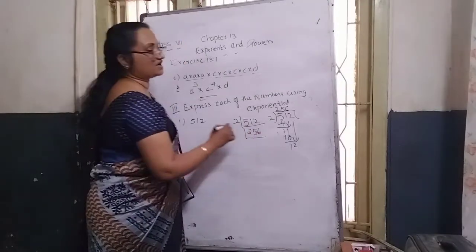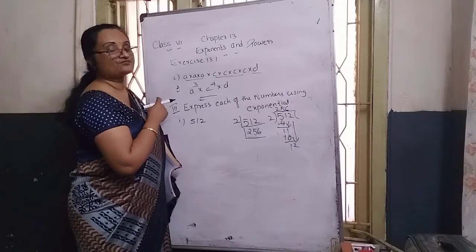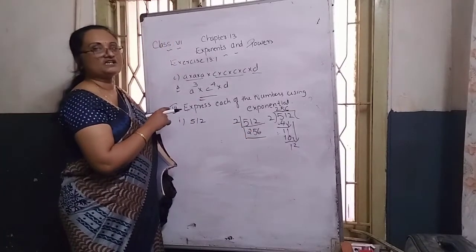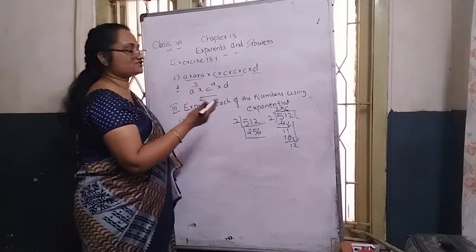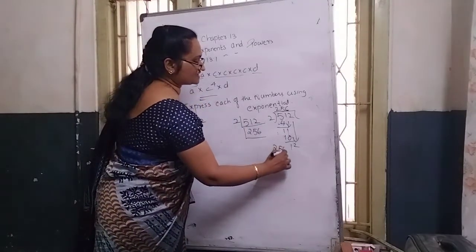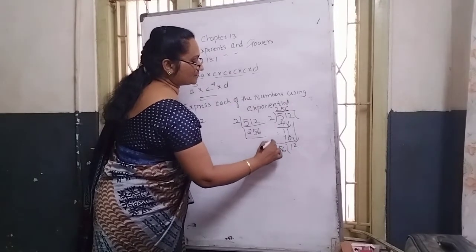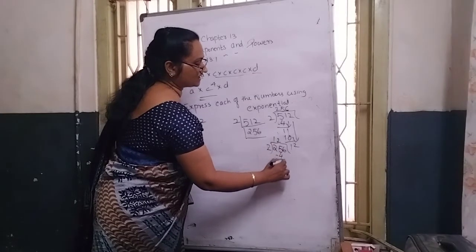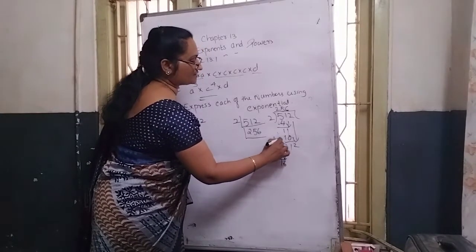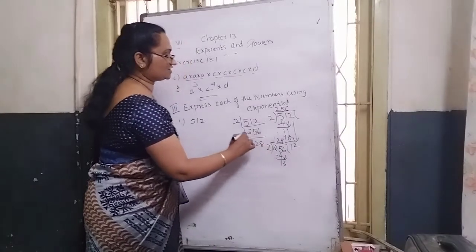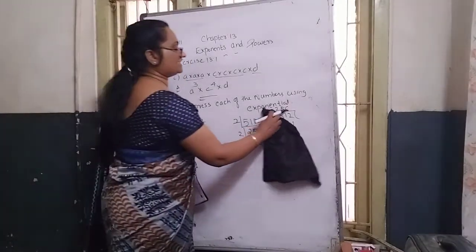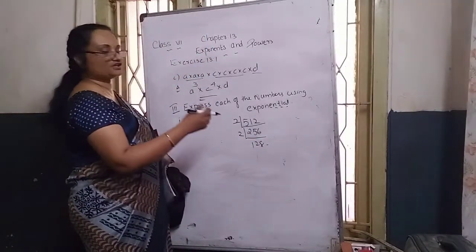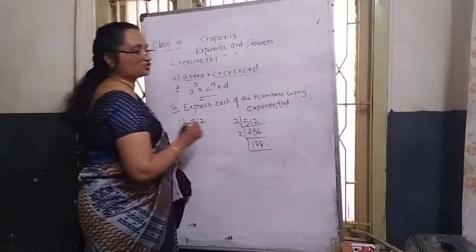Again divide that quotient. Check whether the unit place is even or odd. Yes, it is an even number. 6 is an even number. That's why we choose the next prime number, 2, and divide 256 by 2. 2 ones are 2, then 5, 2 twos are 4, subtract, 1. Next number 16, 2 eights are 16. So how much did we get? 128. So 256 divided by 2, the quotient becomes 128.